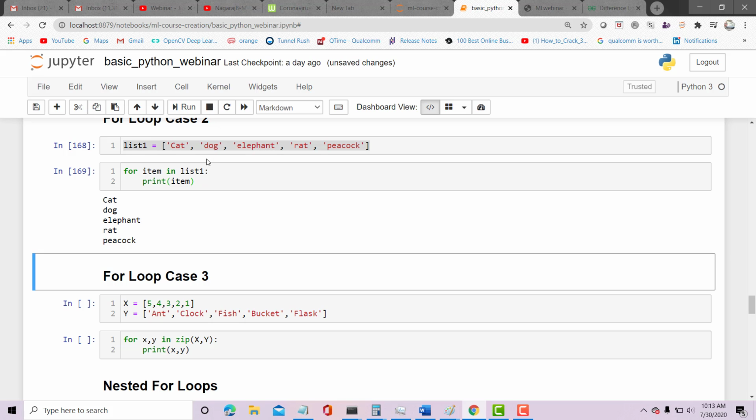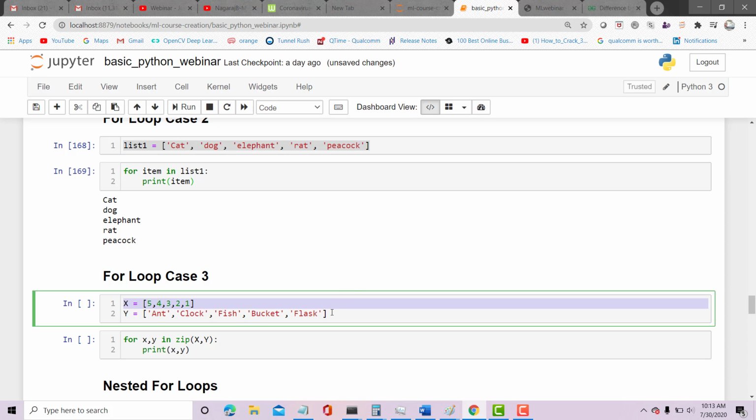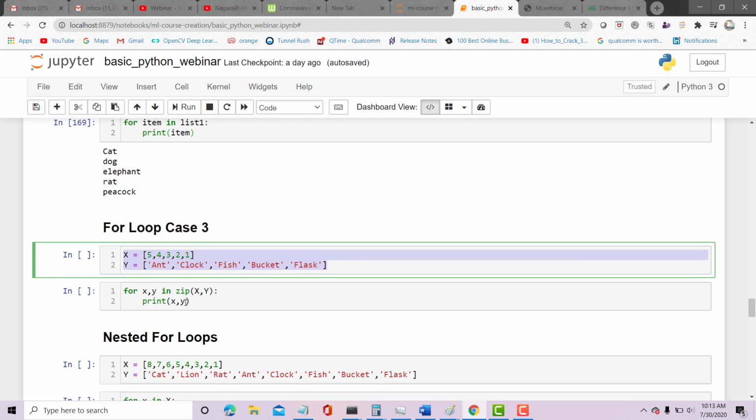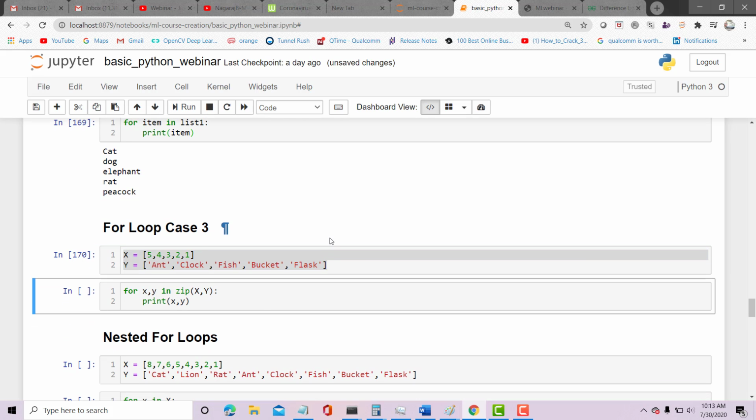Okay, so case 3 of the for loop. So let's say you have two arrays x and y, or two lists. One has 5, 4, 3, 2, 1. These are the numbers for each of these items: ant, clock, fish, bucket, flask. So note that these are two arrays. I want to use them in a single for loop, so I don't need a double for loop.